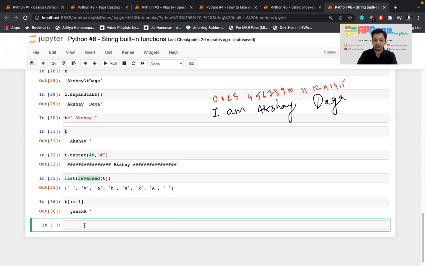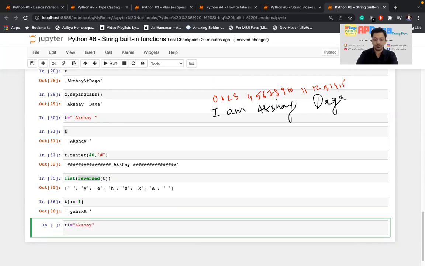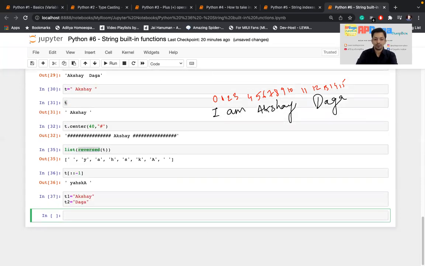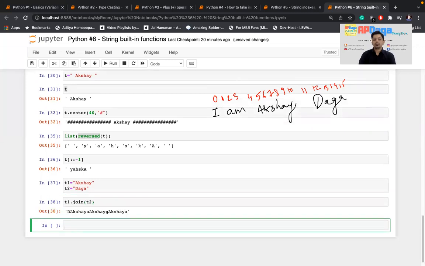Then there is a function join. For that I'll use some basic strings: T1 equal to Akshay and T2 equal to Daga. Now I'll do T1 dot join T2. You might be confused about what is happening.